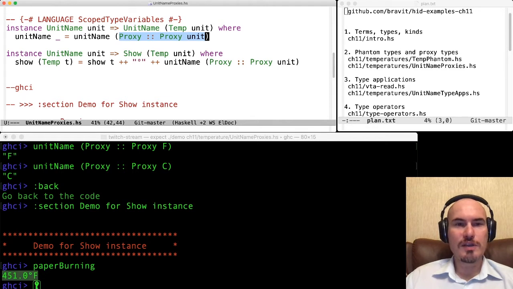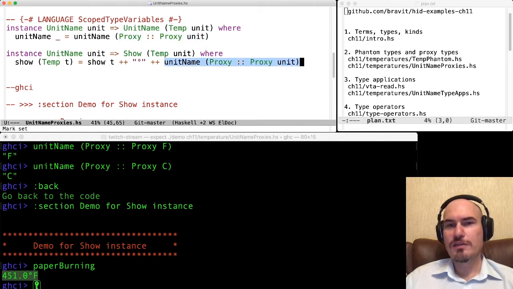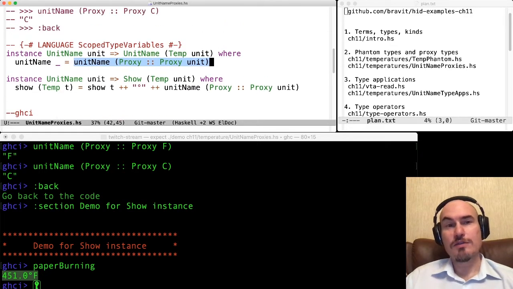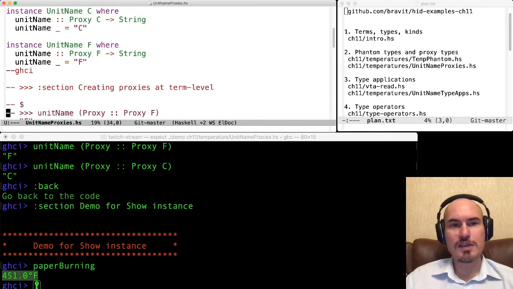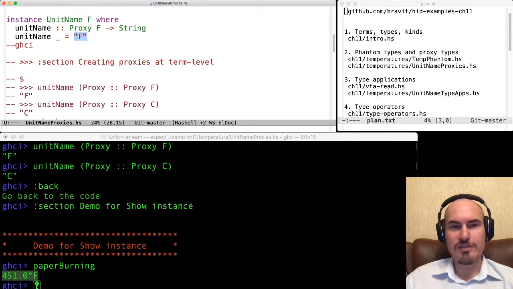So we show the double value, we show this degree symbol, and then we refer to the particular unit of this type. And then this function is also called, and then we get back F. As it was F, we go to this instance. So we use this instance resolution to get to the right letter F here.